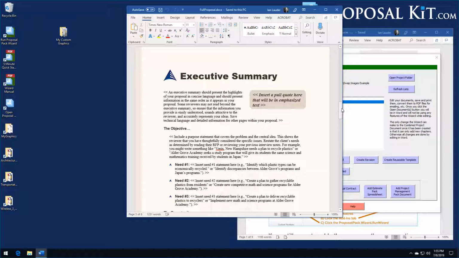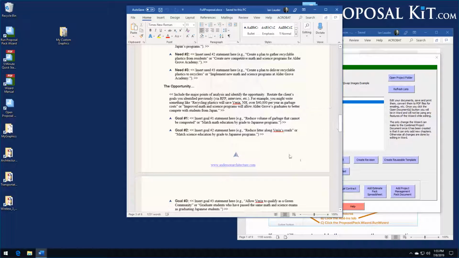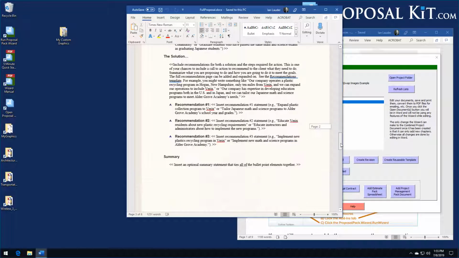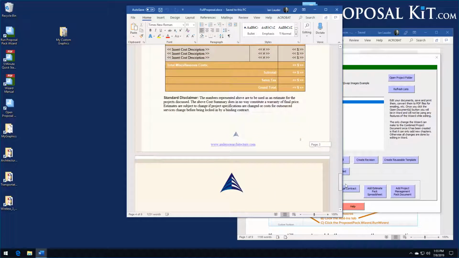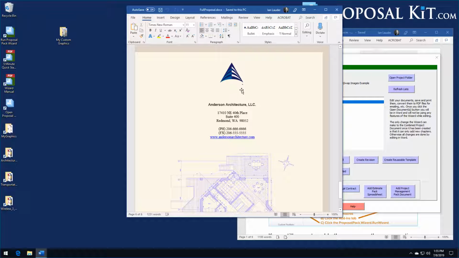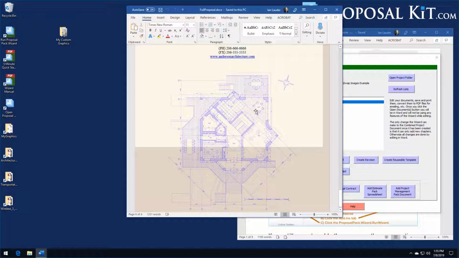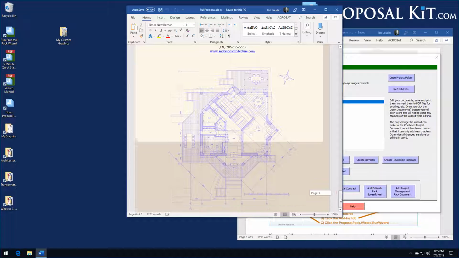Custom footer logo, custom bullet points, the watermark body graphic in the background there, and the letterhead graphic and the back page watermark. So all the graphics were replaced